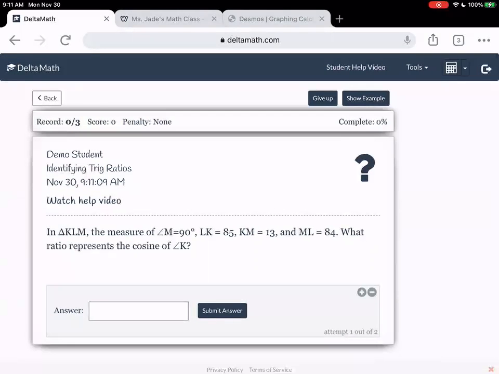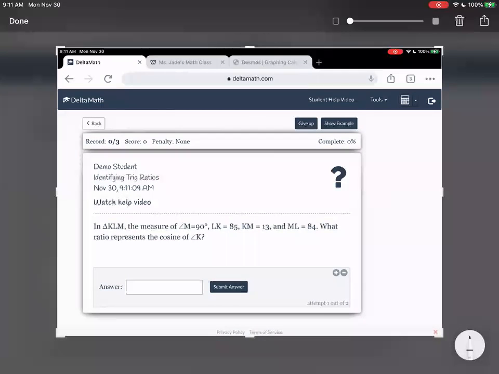So we are going to draw a right triangle. Here's my best right triangle, and then we're going to label it with M being the 90-degree angle. So I'm going to label that corner as M, and then the others are K and L. So I'm just going to put K over here and L over here. You could switch the K and the L, it doesn't matter, but label it first before you start putting in